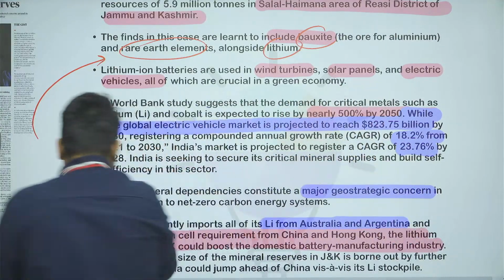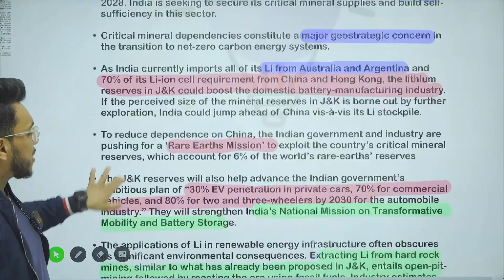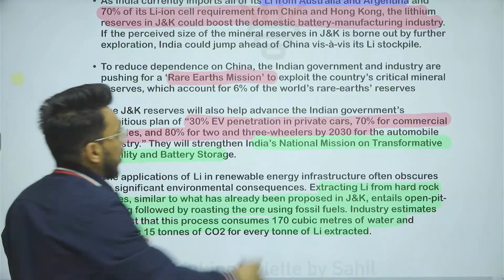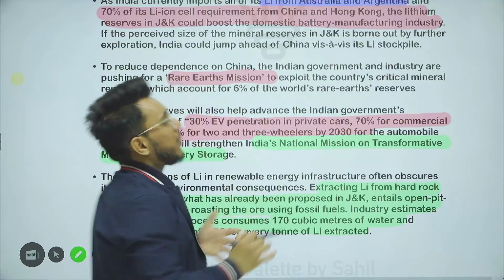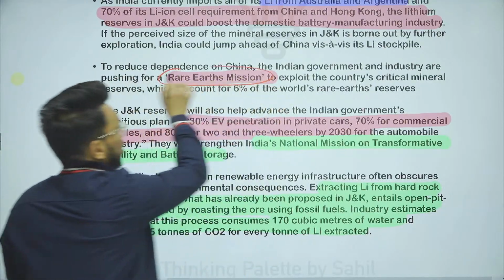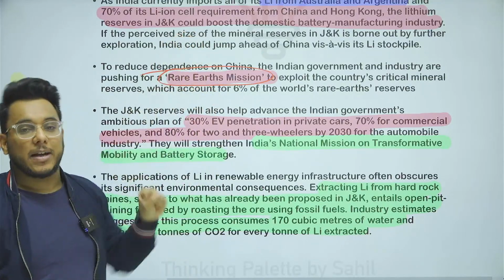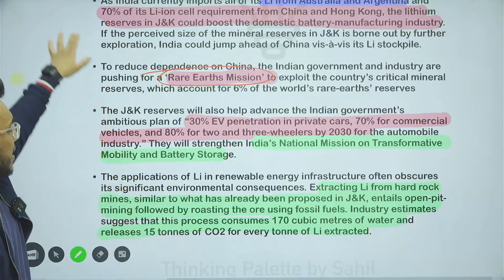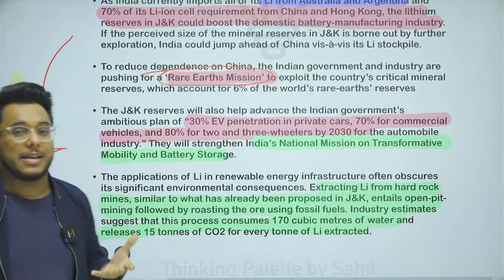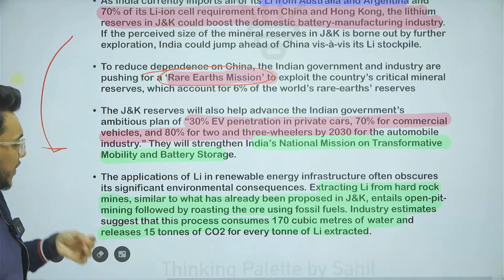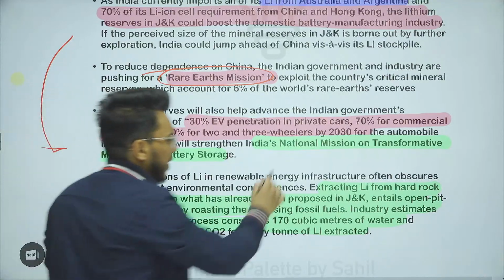Okay, so therefore guys, this particular discovery will also be important for India. Already the Indian government and Indian industry are promoting the rare earth mission to exploit the country's rare earth minerals, and here rare earth metals can also be explored. Now, when we talk about the lithium potential in India, basically, guys, India is already moving towards the